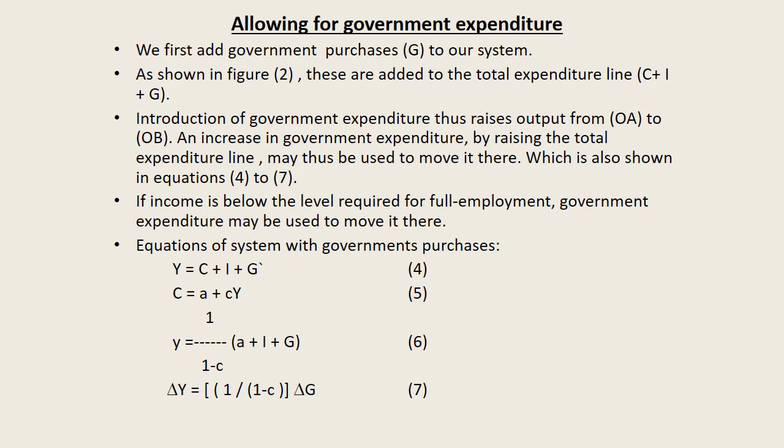So delta Y equals 1 over 1 minus c, which is the multiplier, multiplied by delta G. The higher the multiplier, the higher the increase in income. The meaning of equation 7 is that the change in income resulting from an initial increase in government spending equals the multiplier, 1 over 1 minus c, where 1 minus c represents the marginal propensity to save, c represents the marginal propensity to consume, and delta G represents the change in government spending. Simply, the change in income can be obtained by multiplying the change in government spending